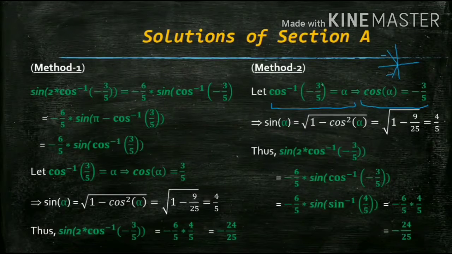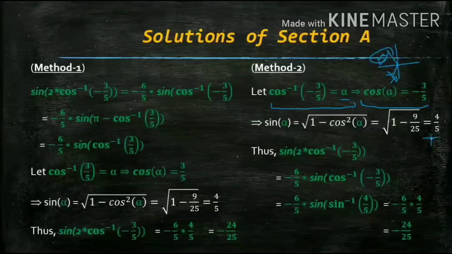But you know that cos inverse minus 3 by 5 is alpha. So that means it is the principal value. It must lie in the principal value range for cos inverse, which is from 0 to pi. So that means the angle must lie in the second quadrant only, not in the third. This is the correct reason. It must belong to the second quadrant, and sine is positive in the second, that's why it is positive. Yes, this is correct. The first time I just mixed up with this because this is negative now. I just forgot about this negative.